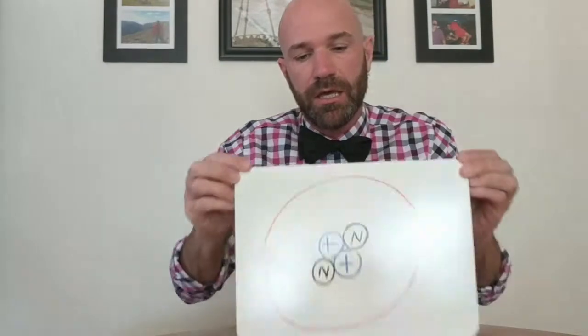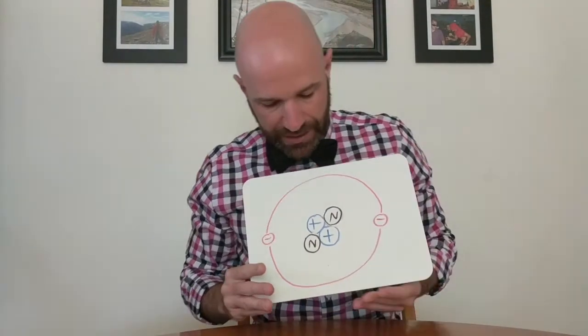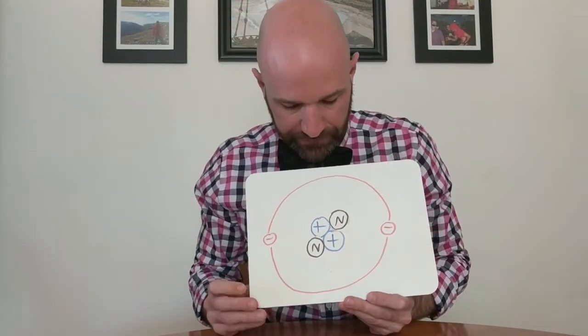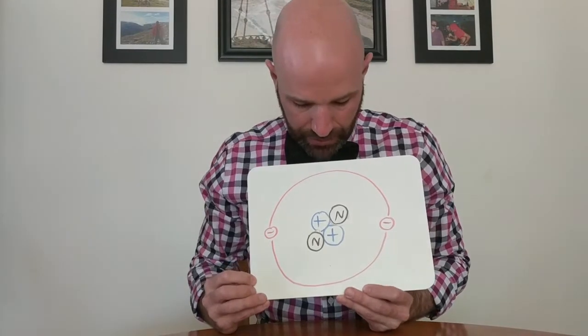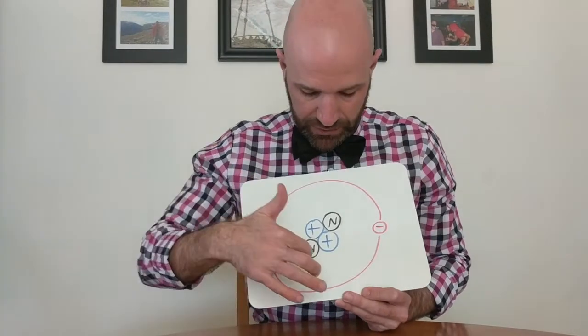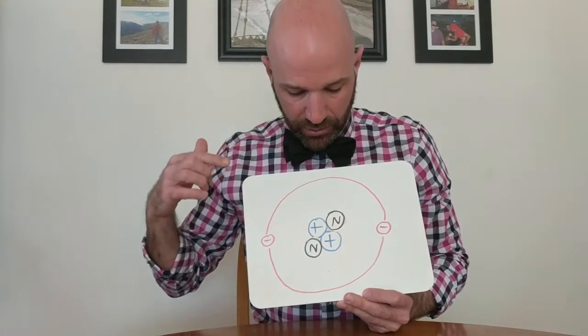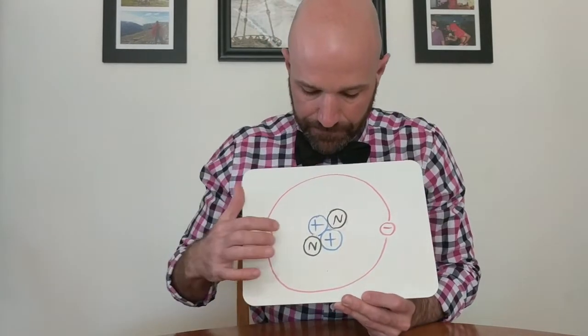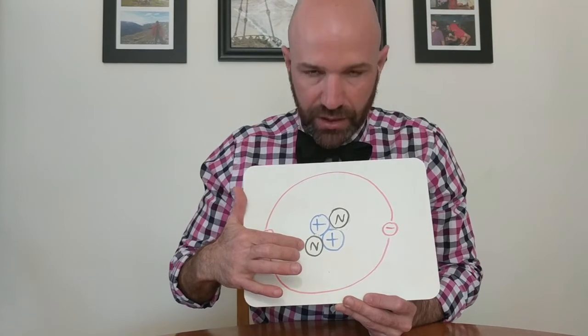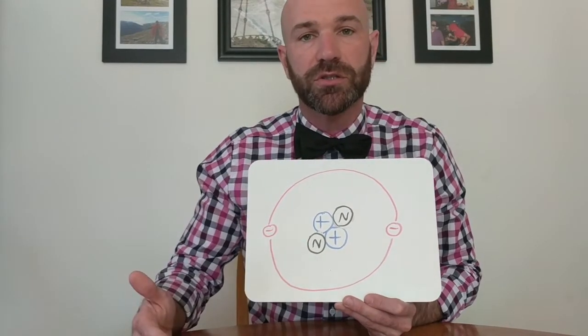Okay, now that we are aware of Coulomb's Law and this idea of electric charges repelling or attracting each other, let's go back and look at the atom, all right? So if we look at the atom now, we have a very big problem with the nucleus, all right? So this cluster in here where the protons and the neutrons are located is called the nucleus. Notice that the neutrons, they don't have any charge, all right?